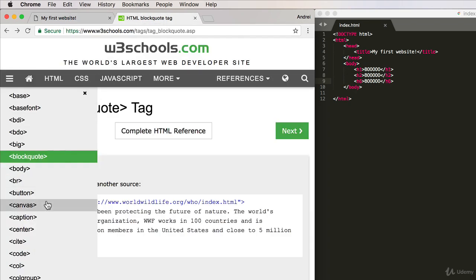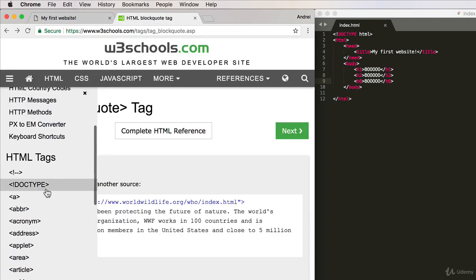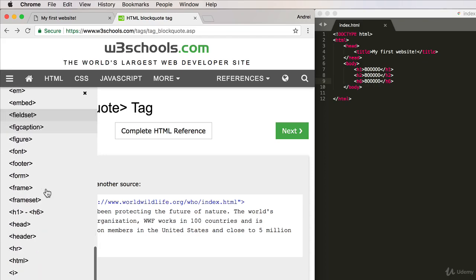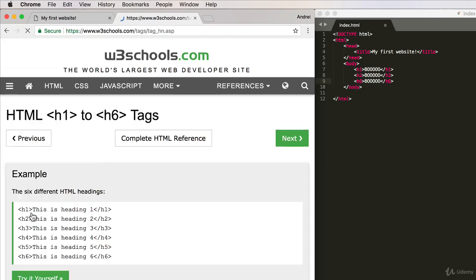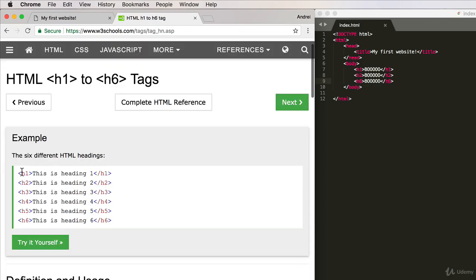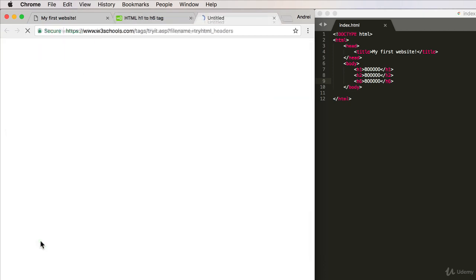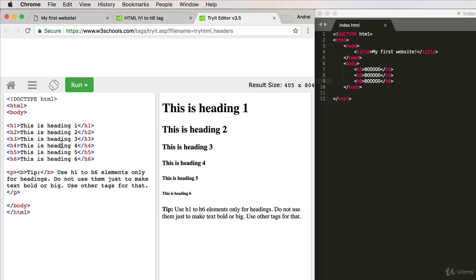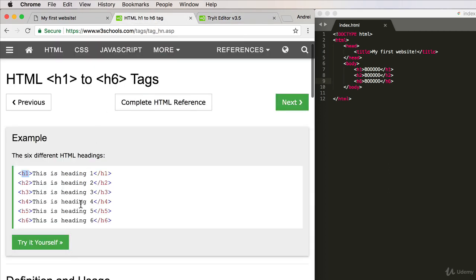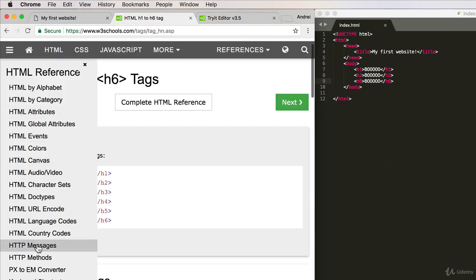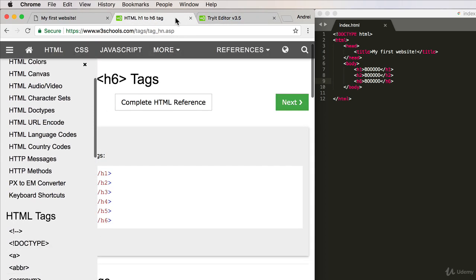And again, if I scroll through W3Schools and I go to the H, you see over here that the header tags are explained. This website is really cool because you can click on try it yourself and play around with different things. Click run and it changes it for you. So again, this is a really good website for you to get familiar with all the tags. But again, we're going to stick to